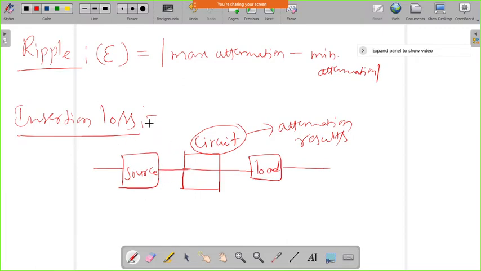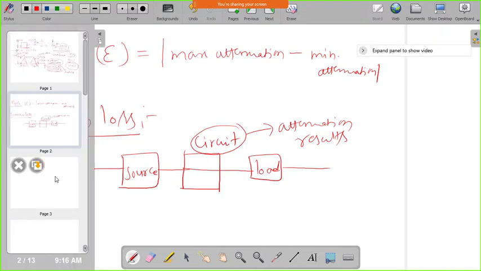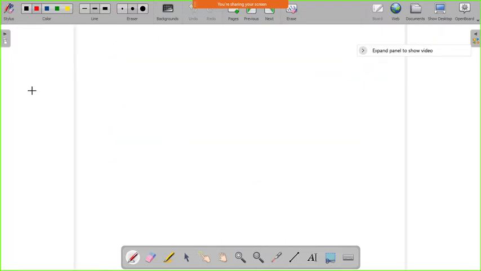So these are the important definitions you have to remember for resonance circuits: circuit Q, ripple, ultimate attenuation, and insertion loss. Now we'll analyze a simple circuit in the phasor domain, how these circuits are actually analyzed.